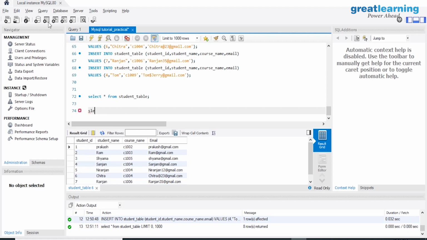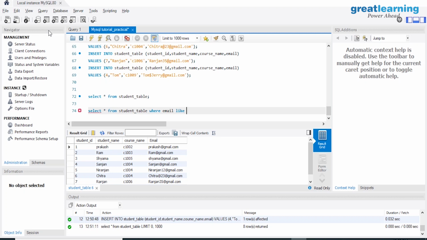Let me just write SELECT. We will start by checking this using SELECT * FROM the table named student table, and then I need to write the LIKE command. How can I do that? Again, we need to use the WHERE clause, where maybe email LIKE. I want to check with the email, right?